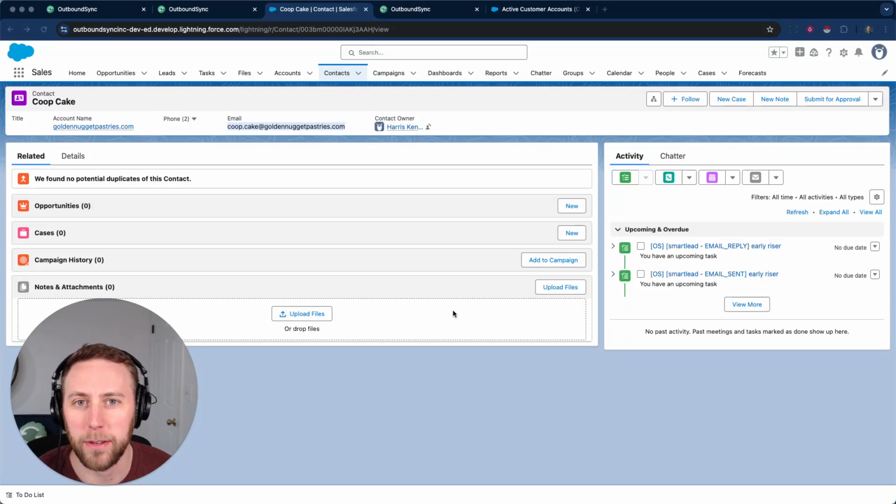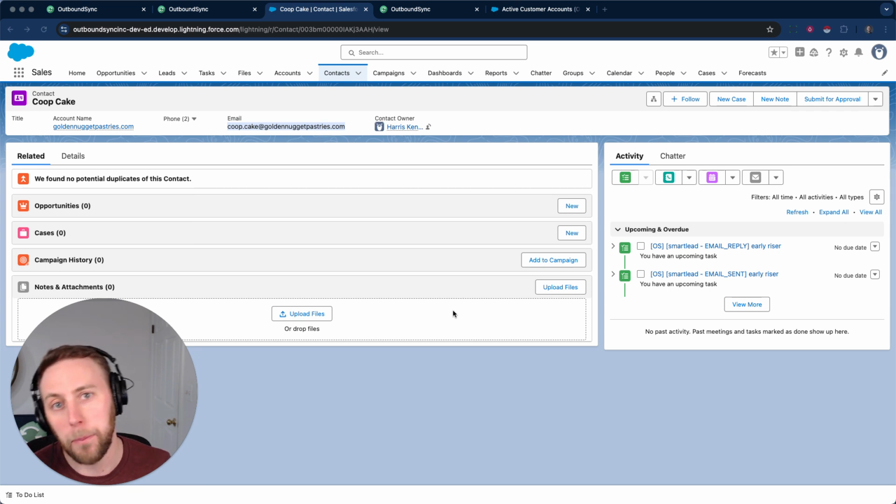I'm the founder of OutboundSync, and I'm very excited to show you two new features that we are pushing out for our Salesforce integration. The first thing is going to be showing how we are logging activities from sequencing tools like SmartLead, Instantly, and Email Bison into Salesforce. And the second one is going to be how we're taking reports from Salesforce and then pulling that data back and pushing it to the block list so that we're not cold emailing important contacts or companies or accounts from